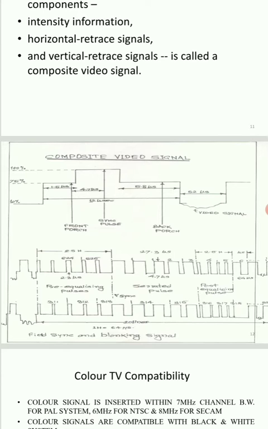After that, horizontal synchronization is achieved with the horizontal synchronization pulse of 4.7 microseconds. After that, we have 5.8 microseconds. So we can say a back porch of 5.8 microseconds is kept in these durations. In color transmission, the color burst signal of 4.43 megahertz is added.